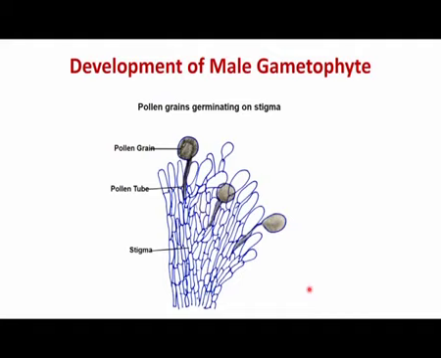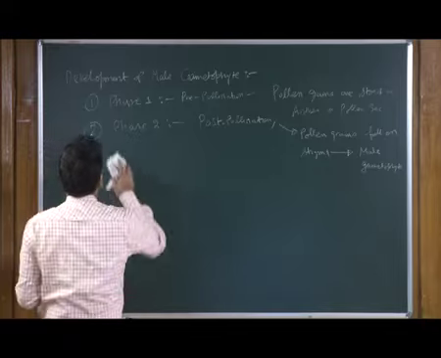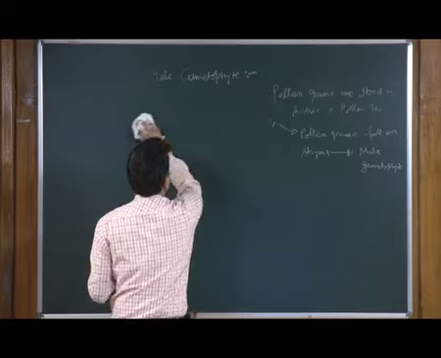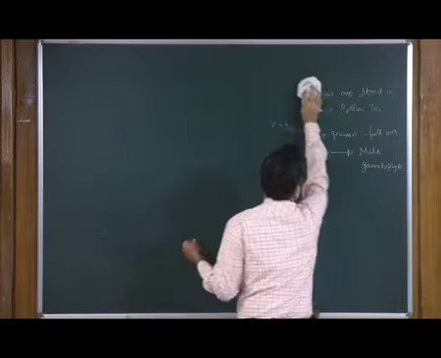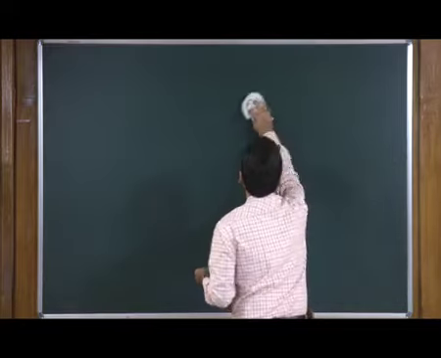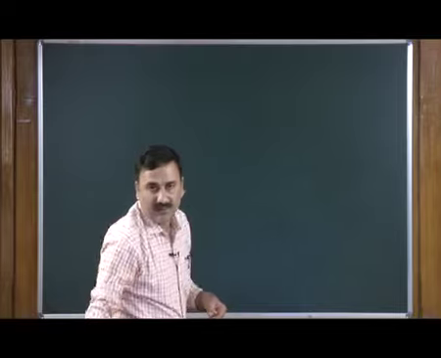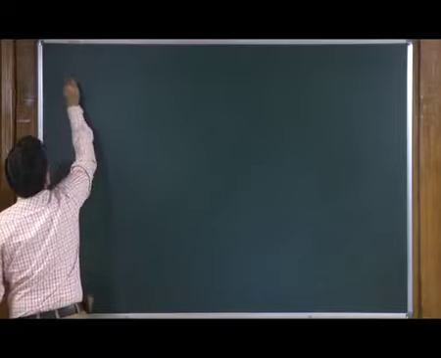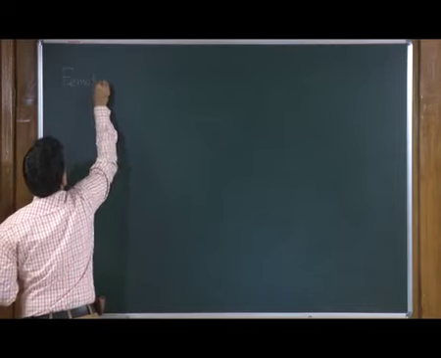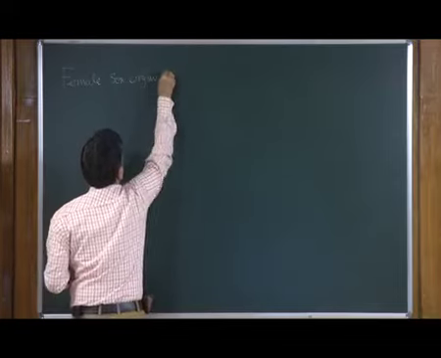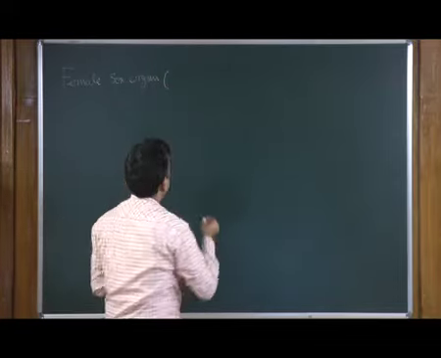So, with this we are done with the discussion about the male gametophyte, and now we will go back and discuss the development of the other important flower part, which is called the female sex organ. In the female sex organ, which is also called the carpel or gynoecium,